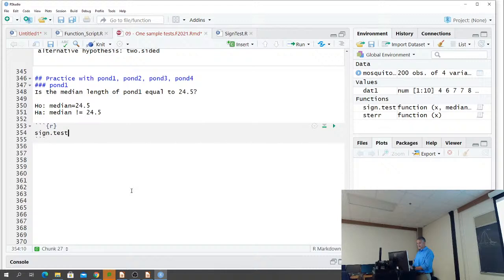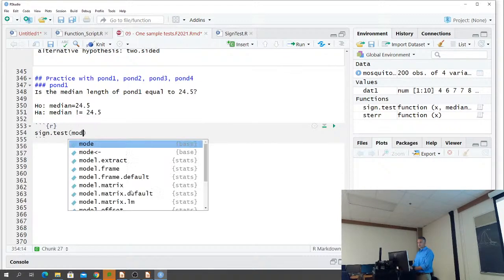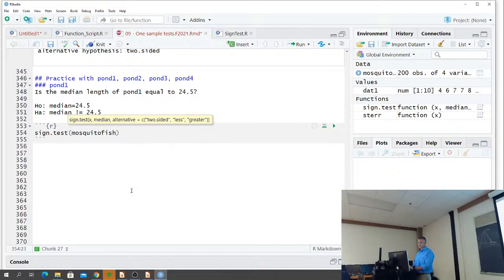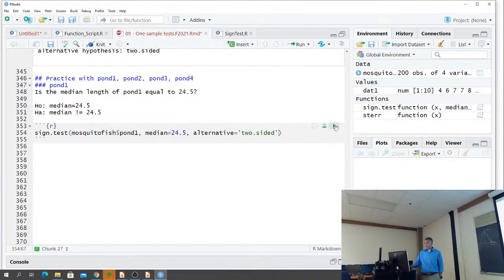So I'm going to run sign.test. We're going to give it our mosquitofish$pond1. That's our vector. We're going to specify our median, what we're testing against, and alternative is two.sided. So I wrote it right in the code. The function's already loaded. I can see it under functions. When I run it,